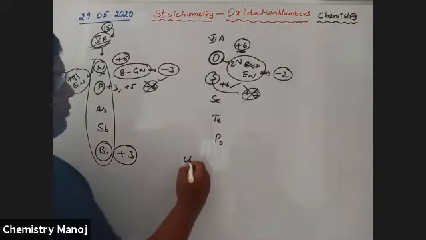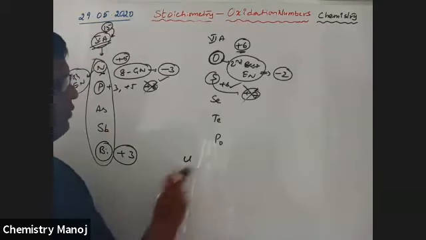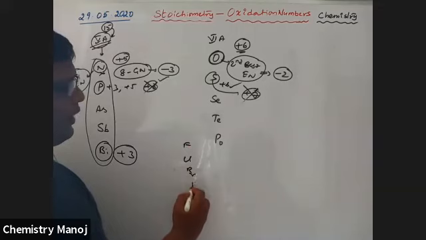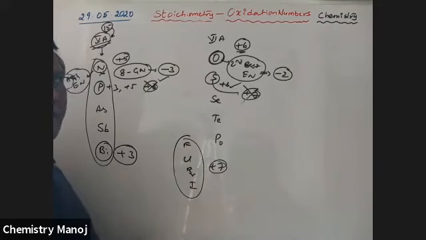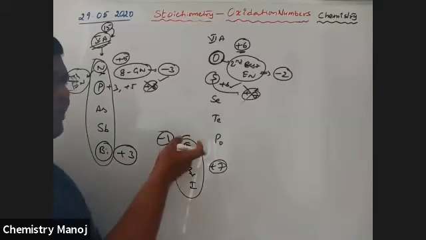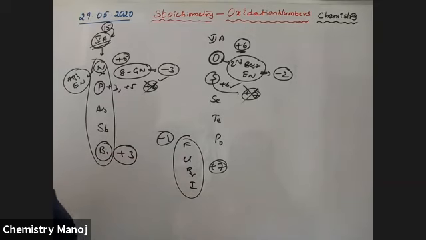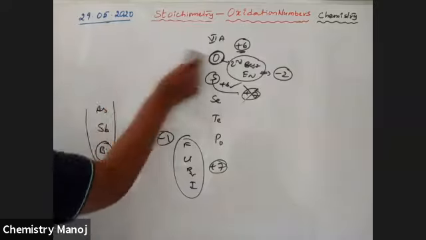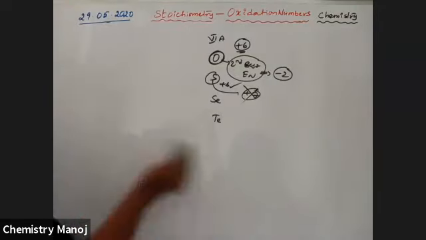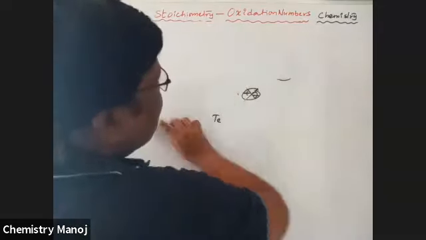For halogens, for example, fluorine, chlorine, bromine, iodine, highest is plus 7. Plus 8 for these elements is not acceptable. Minus 1 is also possible because of greatest electronegativity. Okay, these are some oxidation states you should predict. Next, in our periodic table, the highest oxidation state is plus 8.